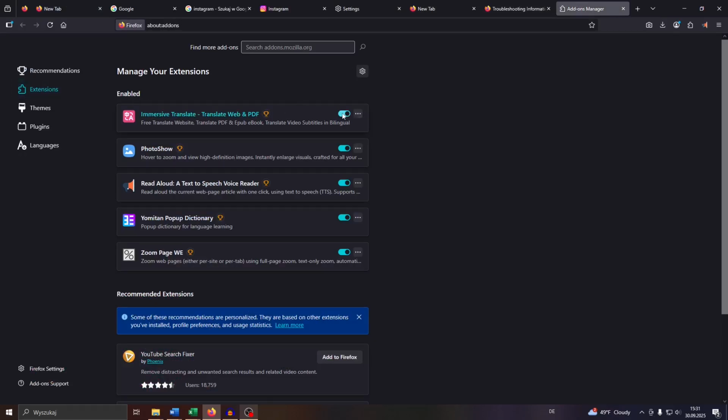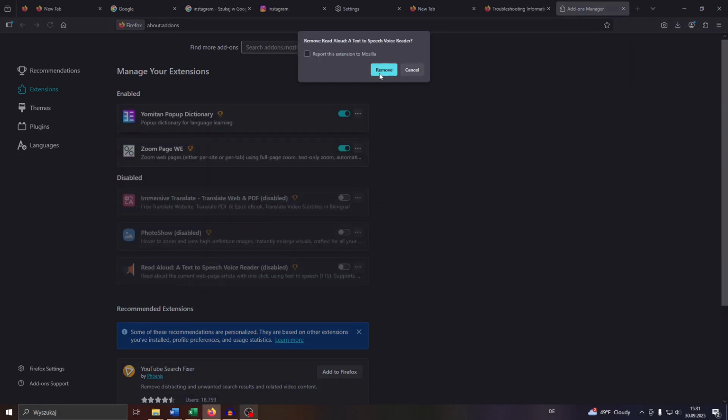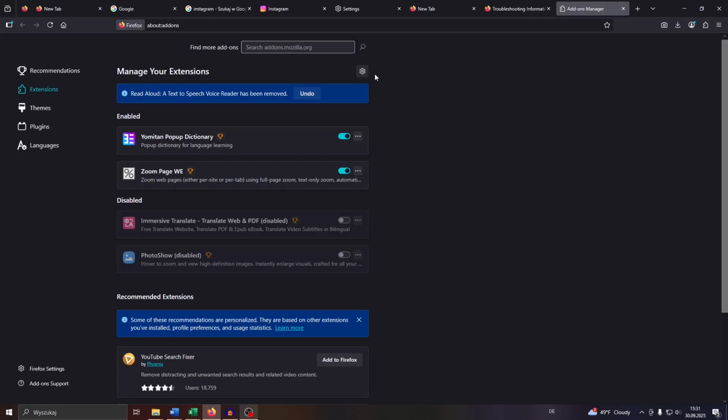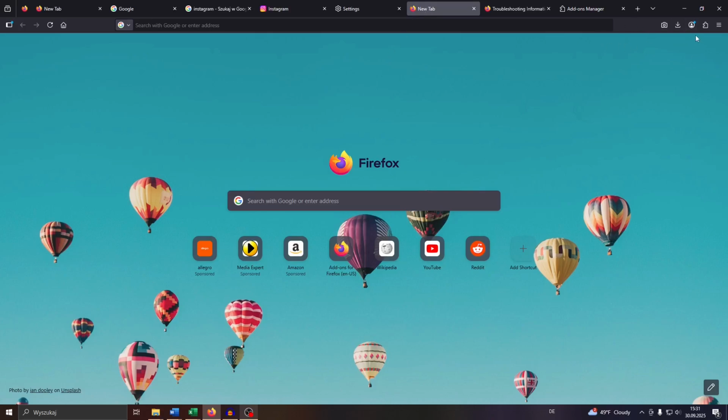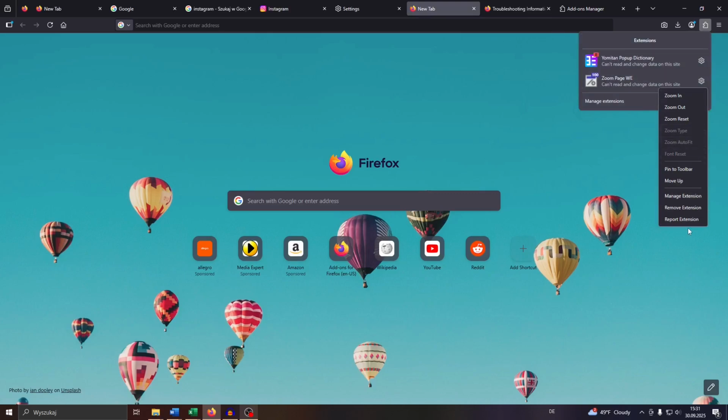You may toggle them off here to the right, just like that, or remove them entirely by clicking into these three dots here and selecting remove, then confirm that. You may also report the given extension either via these three dots here or through your toolbar at the top. Simply click into your extensions icon, select the given extension, click into that gear icon and select report extension,